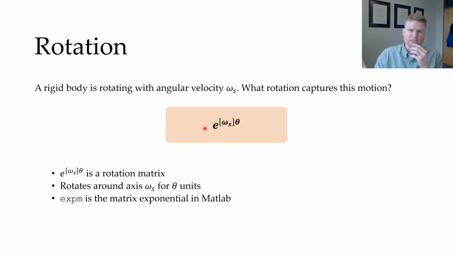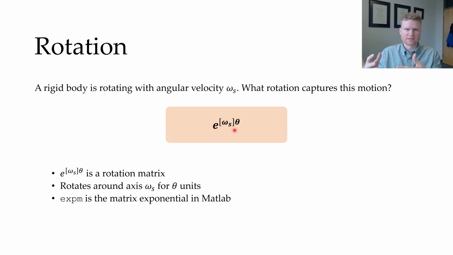Let's expand this term and explore what it means. So it turns out that this e to the bracket omega s theta is actually a valid rotation matrix. It's a rotation matrix that satisfies both rules that we need to have for a rotation matrix. And what it's really doing is describing a rigid body that's rotating around the axis omega s for theta